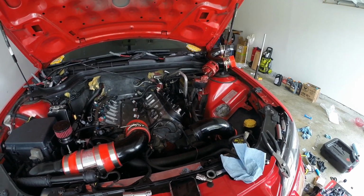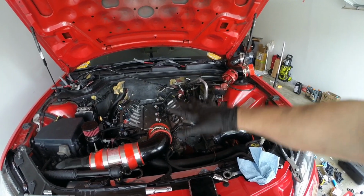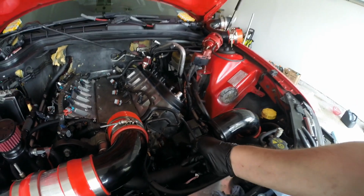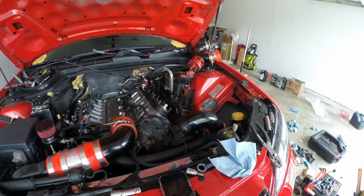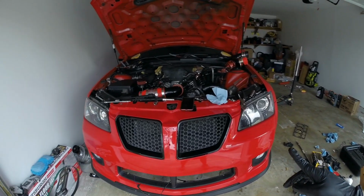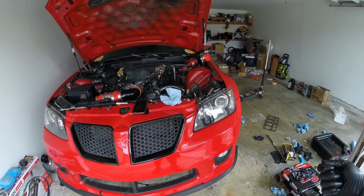To do that, we're gonna have to go through and put the intake back on, route the drive belt back on, since I had to loosen up the power steering pump, and then install the Pro Charger. After that, we're gonna drain the cooling system and then put all new cooling in there, and also change